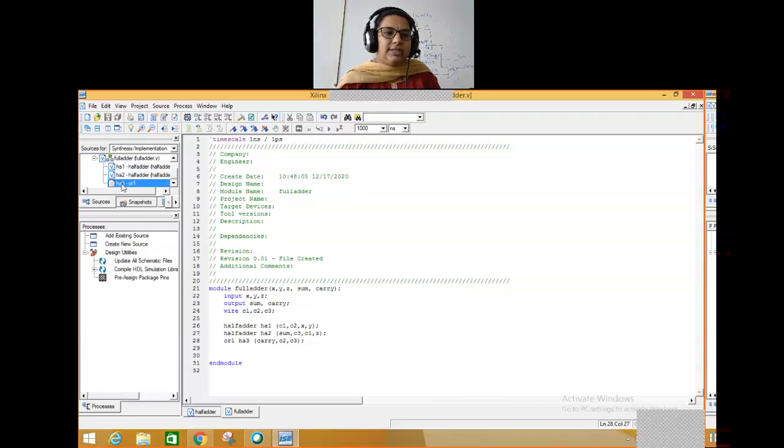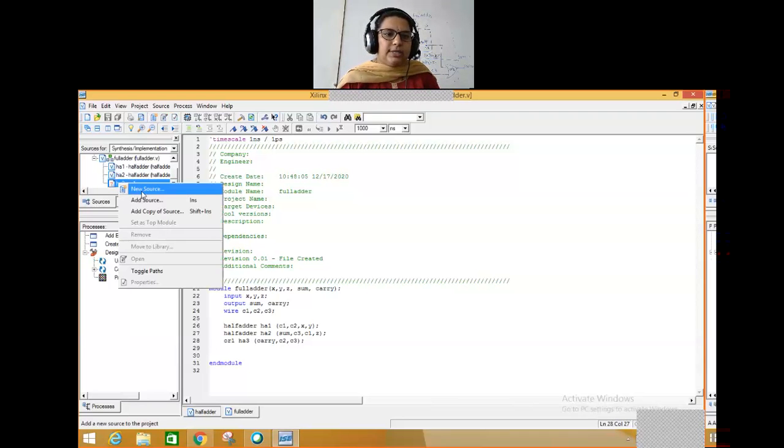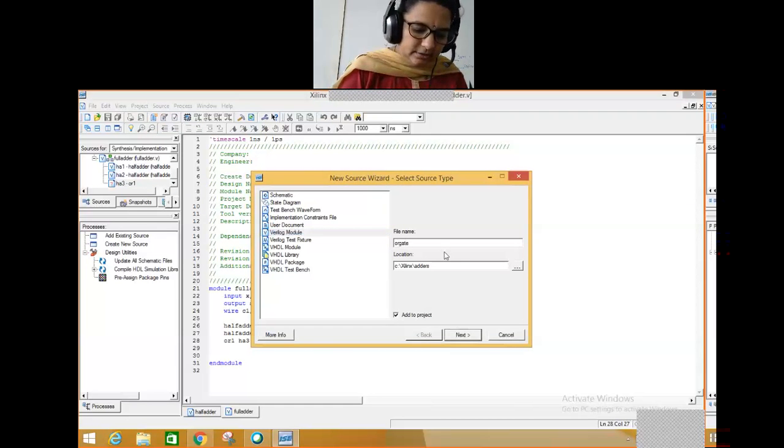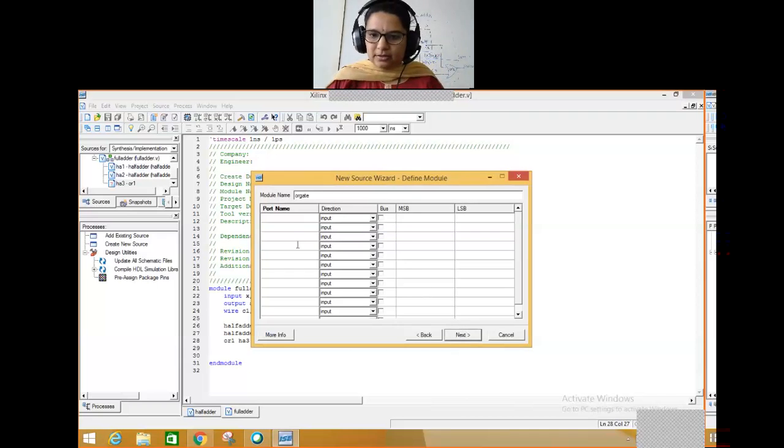I don't have this. So now let us go to this. I'll create a new source, take a Verilog module, and give it as OR gate. Next, inputs A, comma B, output is, okay, let us not give the same inputs. Let me give it as P, comma Q, output is R.